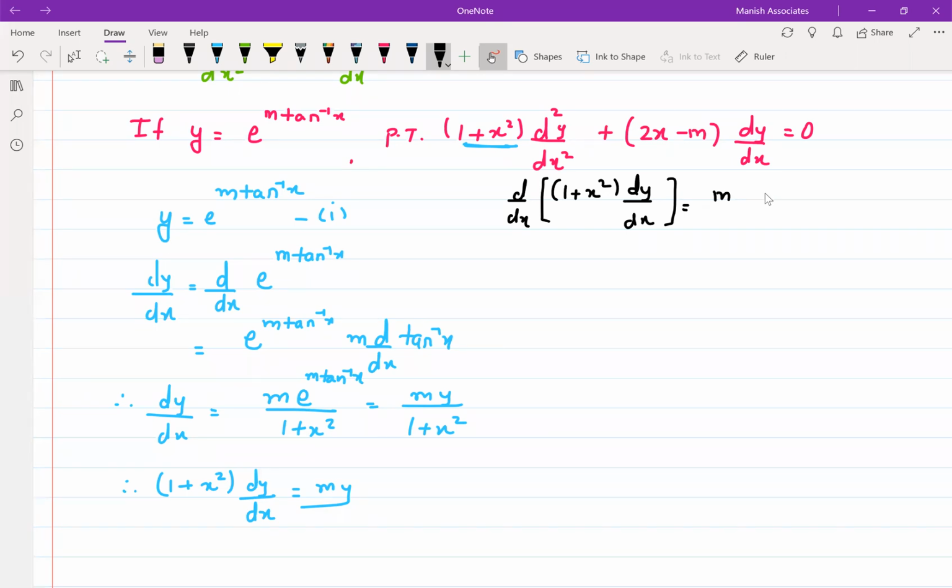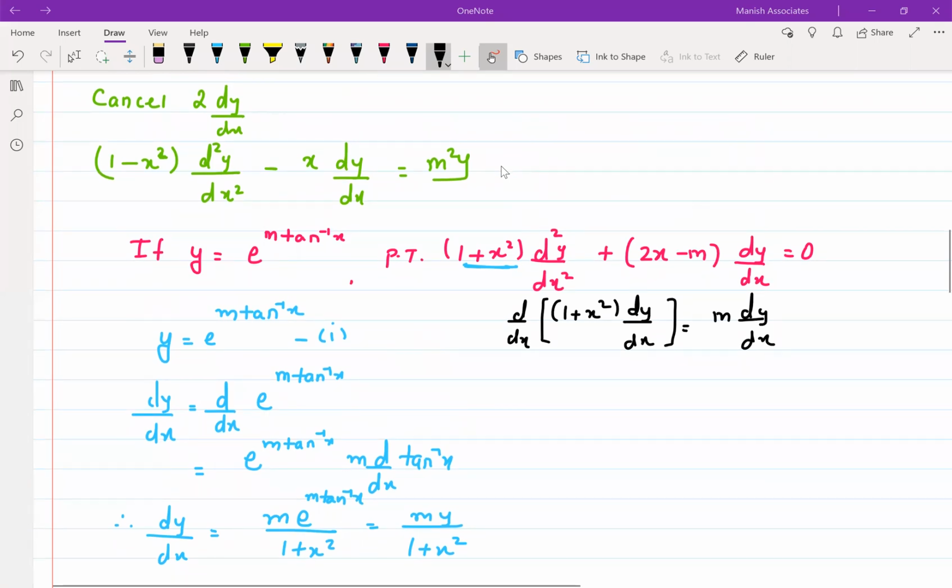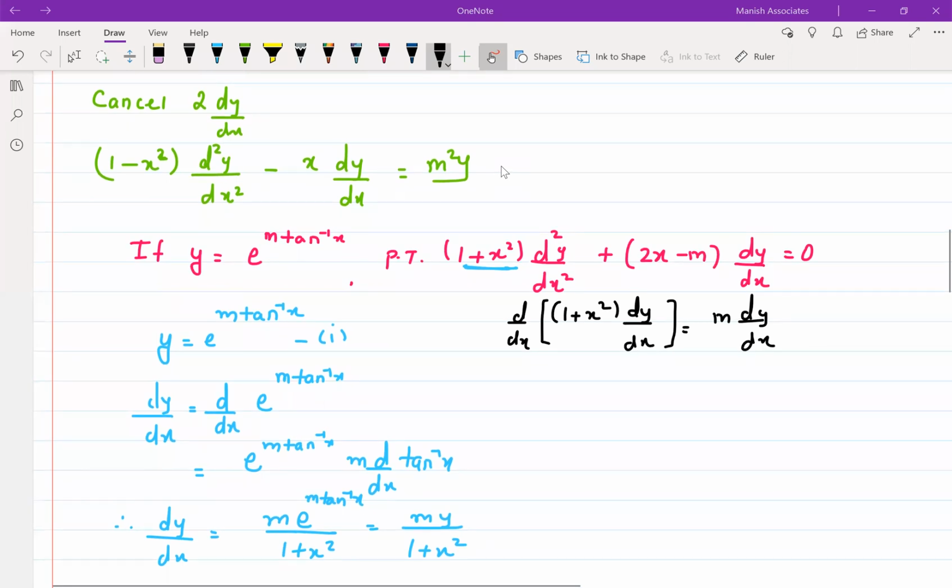Adityan, you had some doubt you were saying. Can you tell me what is your doubt? Sir, actually, I had it in the last sum where the proof was something else, I guess, sir. We missed 1 minus x square in the proof. In the last question, sir, 1 minus x square, I guess it was not there in the question. What do you feel it was? It was directly d square y upon dx square.